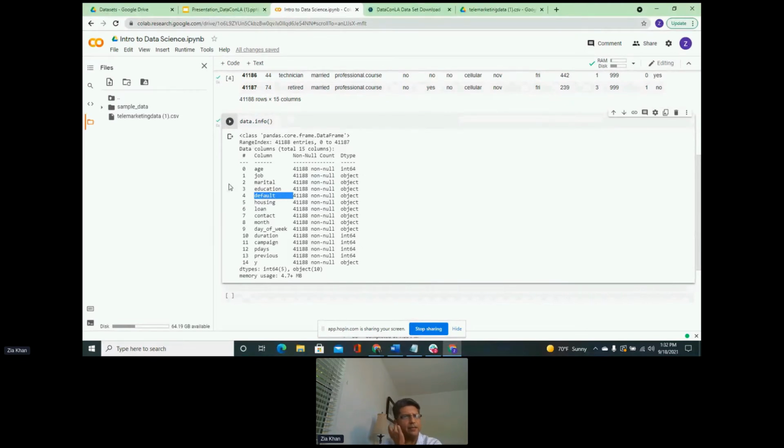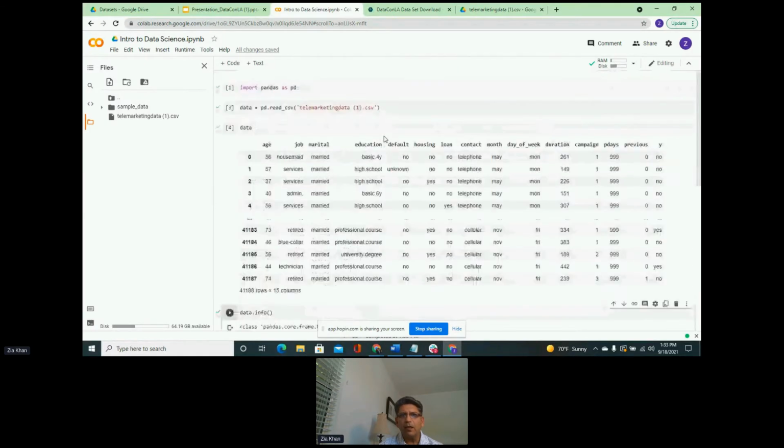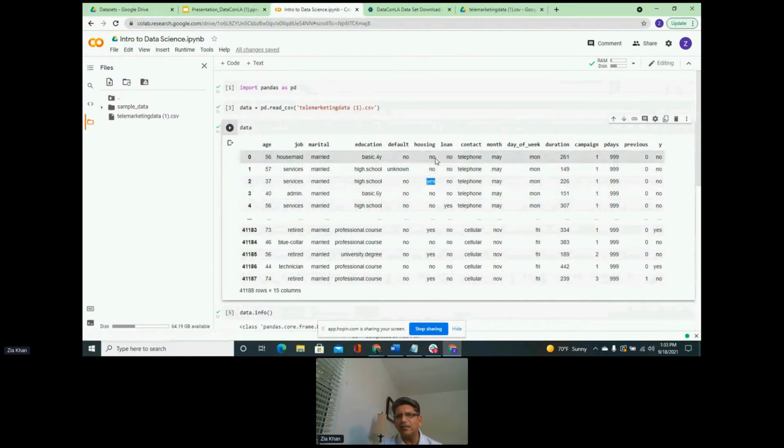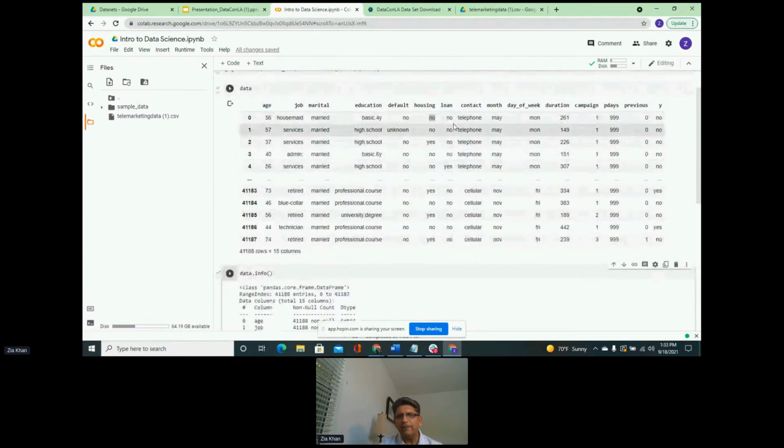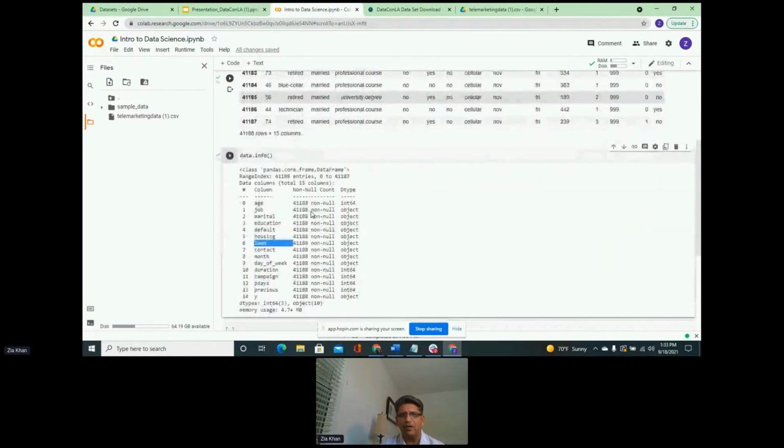And we'll look at the data a little bit in a couple of minutes once we get to that next cell. The next is housing. So housing information, like, do they own a house? Yes and no. So if the person owns a house, yes, and if the person does not own a house, no. The column right after that is loan. Again, it's yes and no, because do they have a loan versus do they not have a loan.